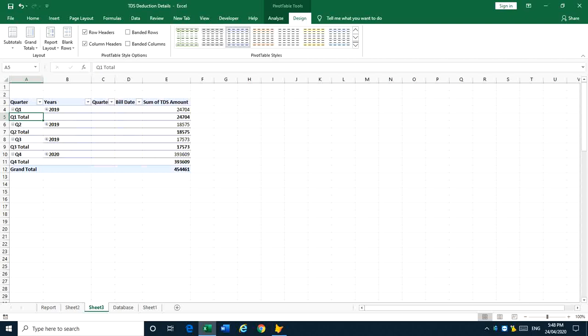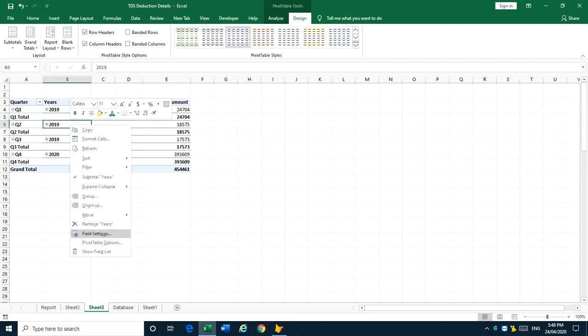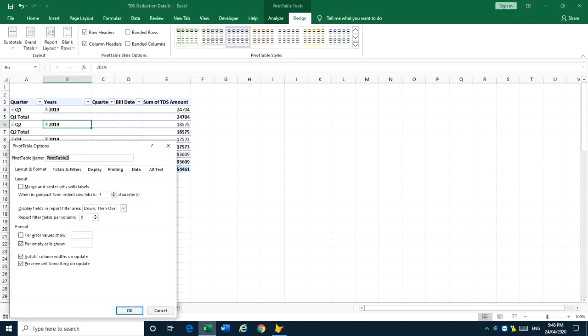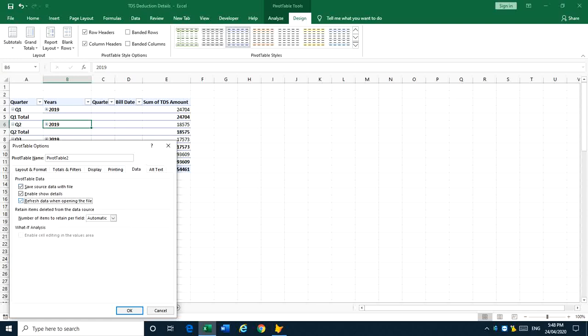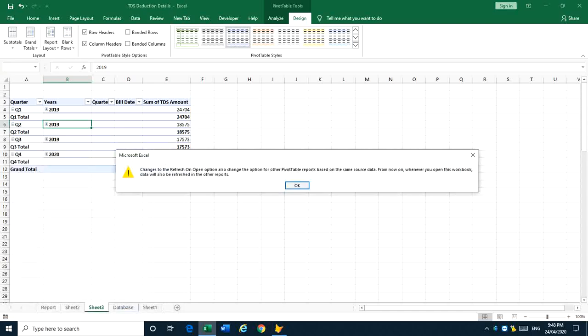Again right click in the table, pivot table options, untick auto fit, click on merge, on display, untick show expand collapse button, data, click on refresh data when opening the file. Now it is changed.